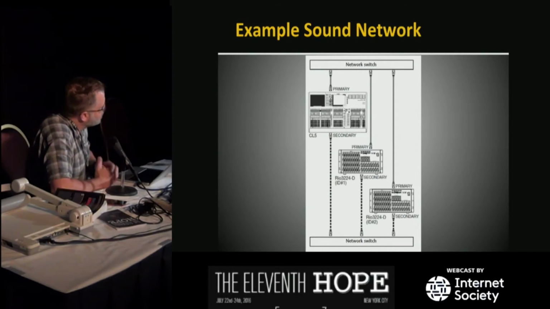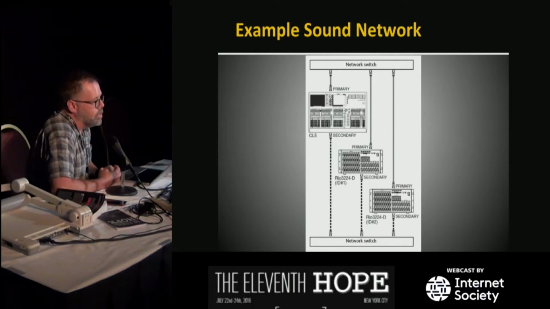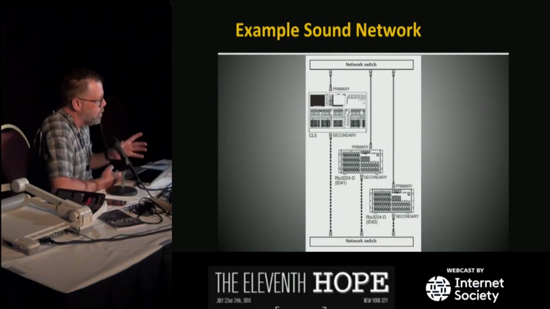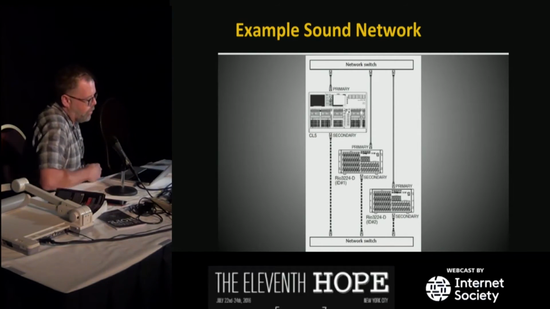So this is done more for reliability. This particular system, Dante, there's other ones out there, but this is really the dominant one in the market, has a latency through the network of less than 1 millisecond. So that's pretty good. And then you have processing time. It takes about a millisecond to convert A to D or D to A. So you could get through one of these systems in 3 or 4 milliseconds, which is close enough for most things. Of course, there are ways with fewer switches to do it faster and so on, but that's sort of a baseline for that.